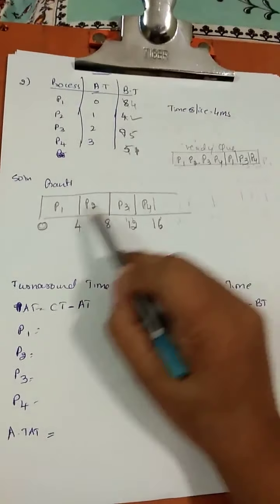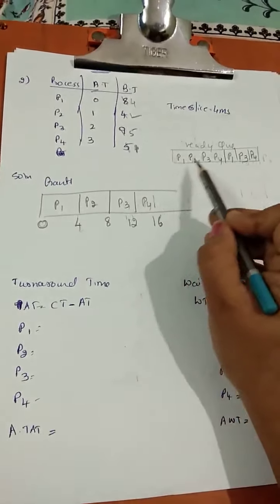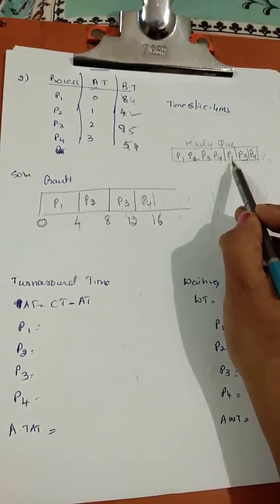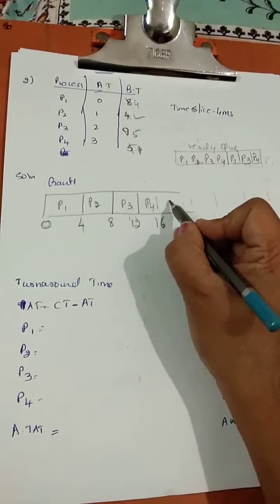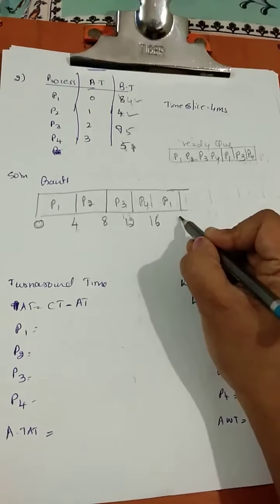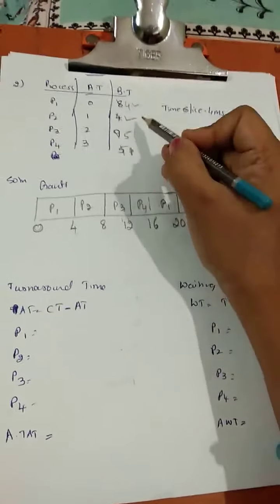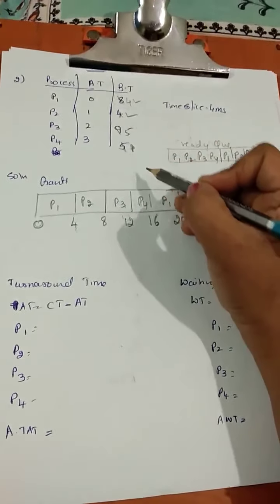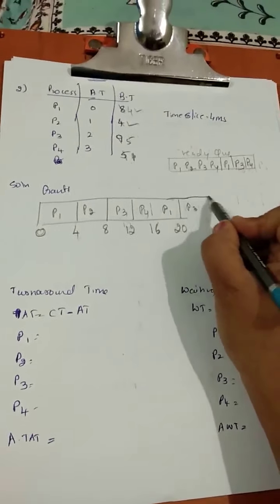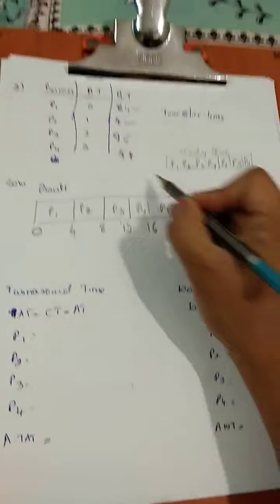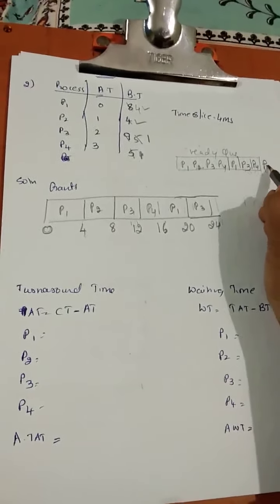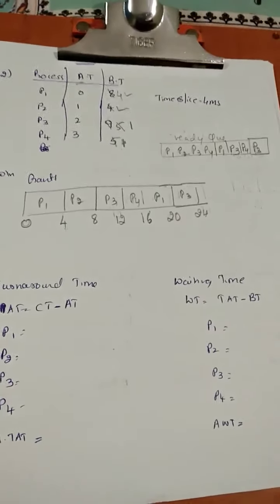Now P1 has been executed, P2 also, P3 also, P4 also. So the next one waiting in the ready queue is P1. How much of P1's burst time is remaining over here? It is 4. So it has completed its job. So it is 20. Then finally only P3 and P4 remain. P3 is waiting for its turn. I will schedule P3. So it is 24. How much is remaining? Again 1 millisecond. So again it will come and wait in the ready queue for its chance.